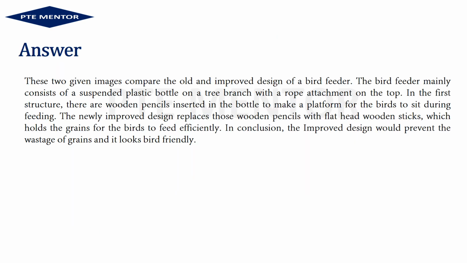These two given images compare the old and improved design of a bird feeder. The bird feeder mainly consists of a suspended plastic bottle on a tree branch with a rope attachment on the top. In the first structure there are wooden pencils inserted in the bottle to make a platform for the birds